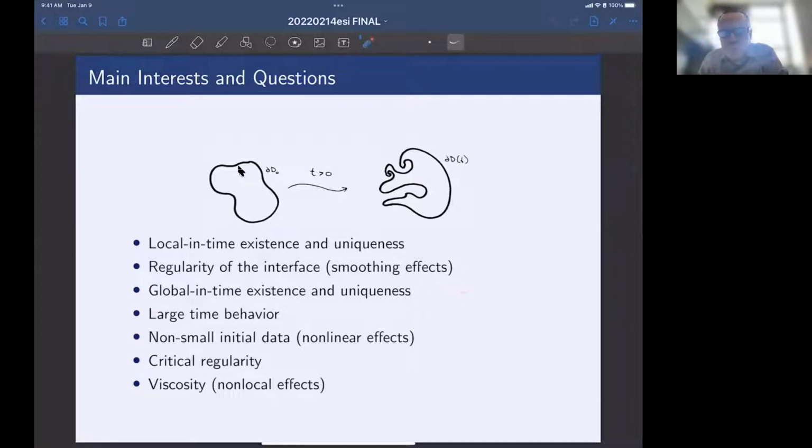For certain situations, do you have global in time existence and uniqueness? And what is the large time behavior for T large of the boundary? Does it exist globally? Does it blow up? What happens for non-small initial data is another important question. And how do the nonlinear effects come into play during evolution? Also studying the local and global existence at so-called scaling critical regularity is a widely studied topic. And lastly, the non-local effects due to viscosity come up a lot and are an important area of study for